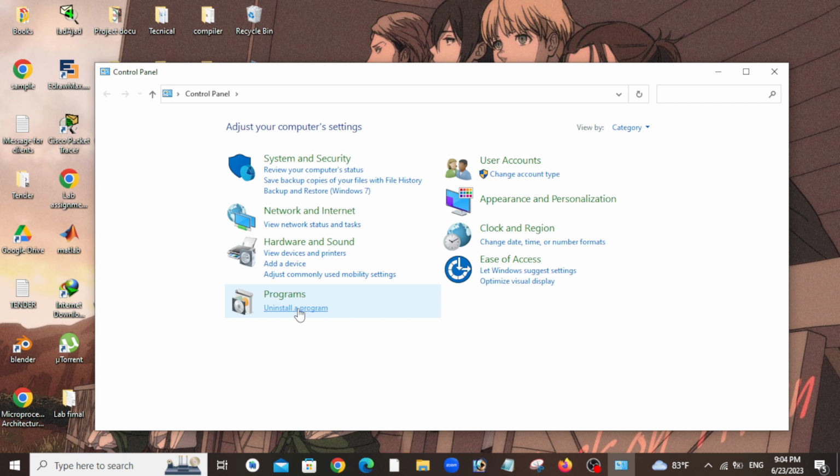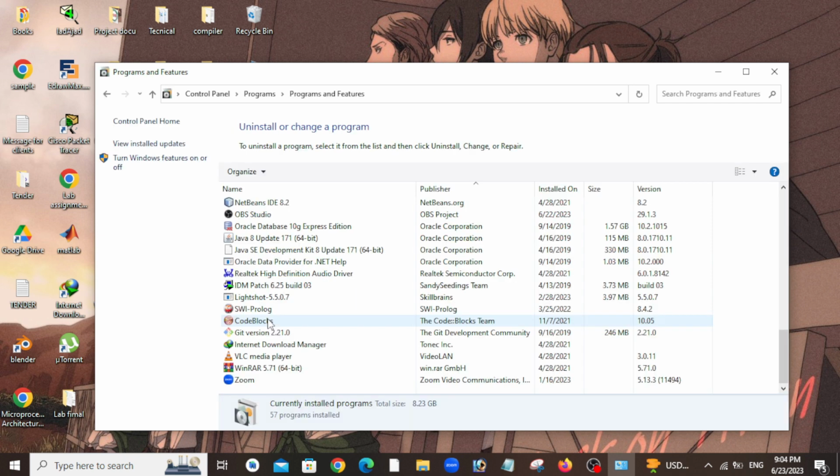If I want to uninstall this software, code block, just right click that software, and you can see the option uninstall here. Just click uninstall here, and your software will be uninstalled in this way. Now all you have to do is click this yes option, and your software will be uninstalled from your laptop. The preferred way after uninstalling a software is to restart